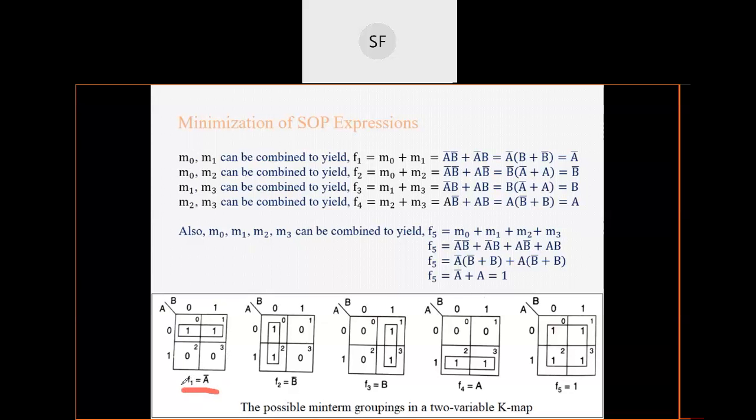So F1 कैसे है, यहाँ पे two min terms are present, 0 and 1. So hence we have put 1 1 here. Okay, so you can observe here in the first line that m0 and m1 can be combined. Suppose आपके F1 में m0 and m1 है और m2 m3 नहीं है. Now we are seeing how the combination takes place. m0 प्रेजेंट है इसलिए यहाँ पे 1 पुट किया और m1 प्रेजेंट है इसलिए 1.